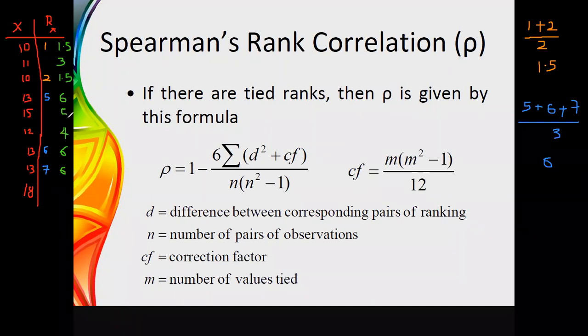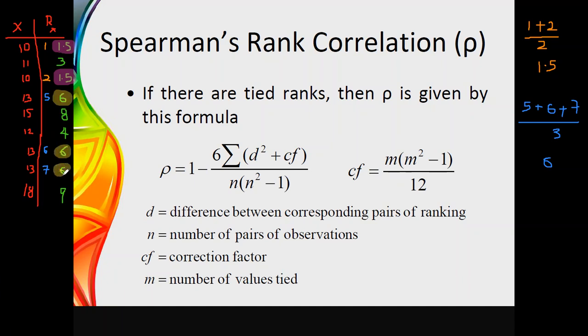Then this value is 8, and the next value is 9. Therefore, this is the case that we are facing with the tied rank. In this situation, you can see that there are tied rankings. Here you can see that these two are acting as tied rankings, as well as the next set of values. This set of values is also acting as tied rank.